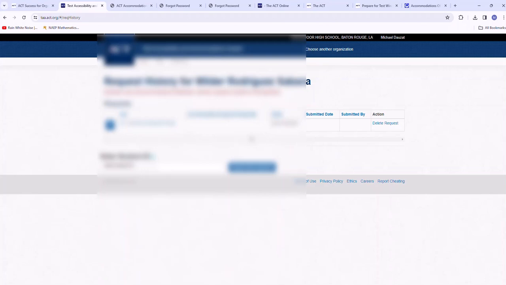Ms. Veal, whoever is listed in TAA gets these emails. Does it have the test date the student's requesting accommodations for? Yeah, it does. Most of the time when it looks like that, that's either old or the deadline for submitting the accommodations has passed.